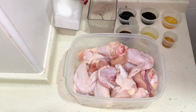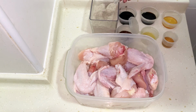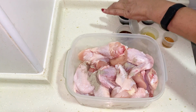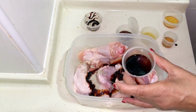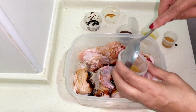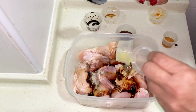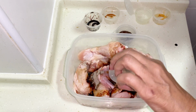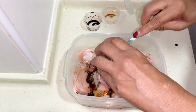Right, so first you just add salt to your chicken wings. Then add in your white pepper. Dark soy sauce. Your light soy sauce. Honey. Ginger juice. Fish sauce. And your oyster sauce. So it doesn't have to be in any particular order, just add it all in, then